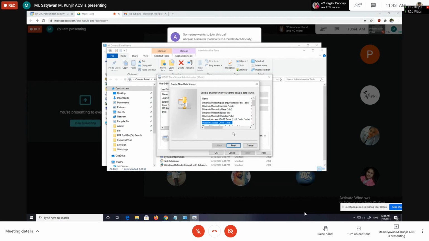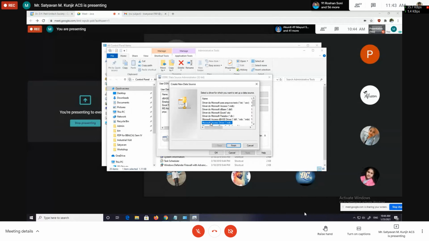What we have to do here, we have to double click on Microsoft Access driver. We have to double click on driver name. Don't do like this, single click and finish. It is wrong. We have to double click on driver name. Don't finish with a single click here, everything will go wrong. Okay. Then I am double clicking on it. Shall I double click? Yes, I am double clicking on it.